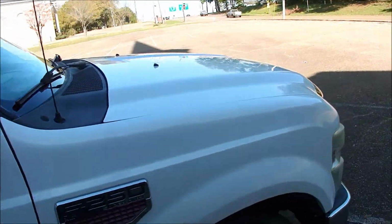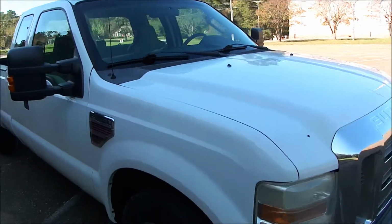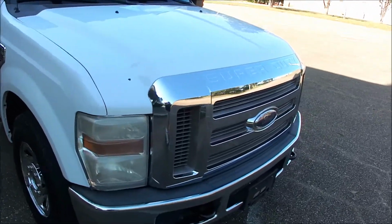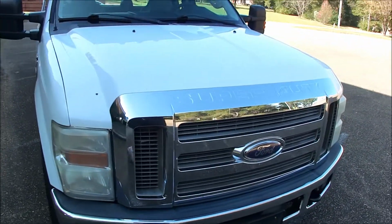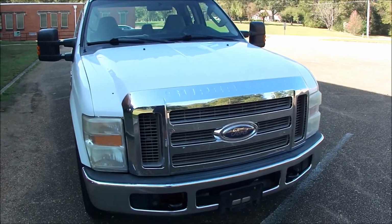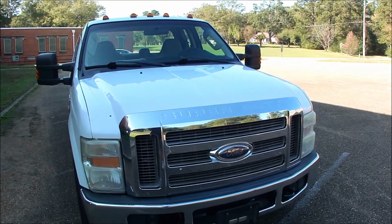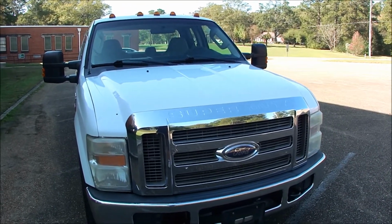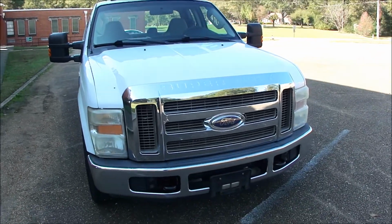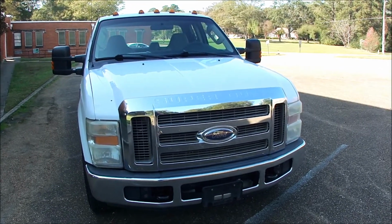Now this truck has not been DPF deleted. The DPF is part of the emission system, and we generally recommend on a 6.4 you should always delete the DPF unless your state checks emissions, in which case don't. But by deleting the DPF, you can pick up 3 to 5 miles per gallon in one of these trucks. So highly recommended. If you have questions about that, give me a call,